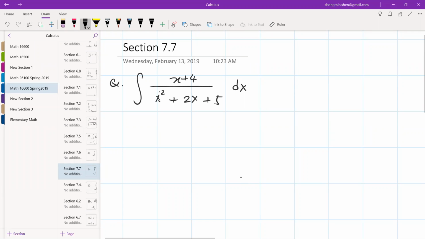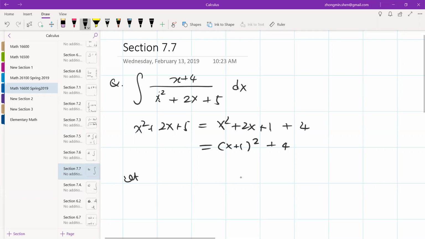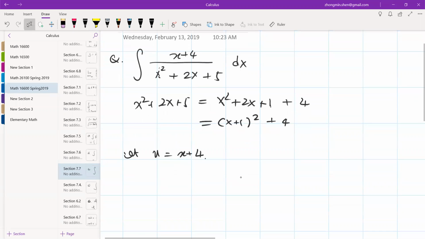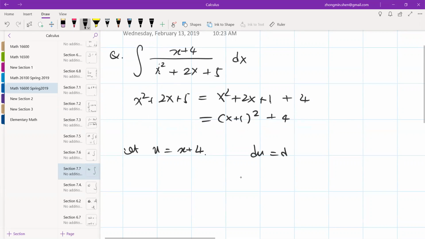Well, if it's never 0, then x squared plus 2x plus 5 can be written in this form. So actually it is (x plus 1) squared plus 4. Okay? So that's the denominator. Therefore, you can simplify: let u be x plus 1. Right? Then du equals dx. So the integral becomes,